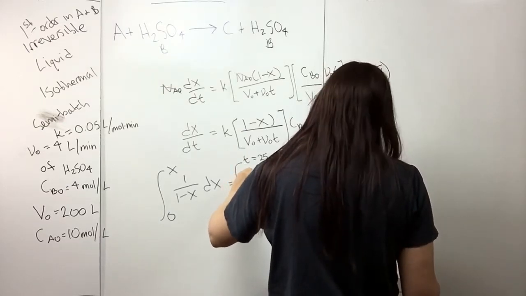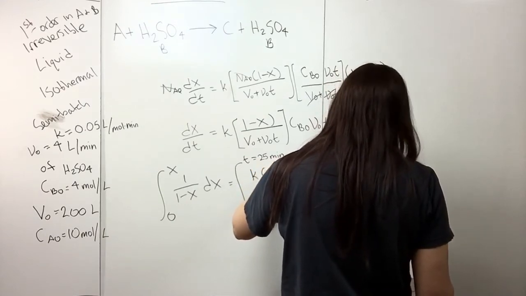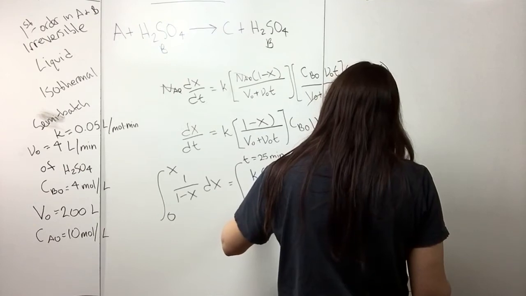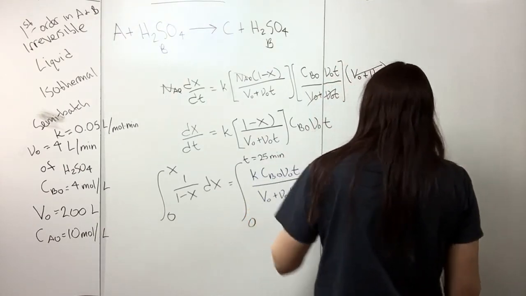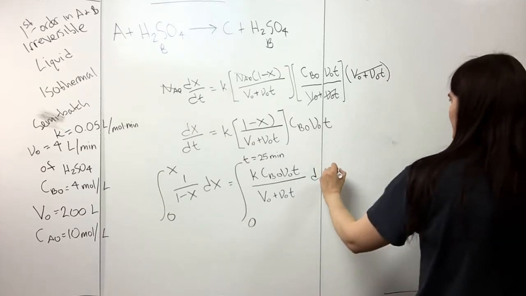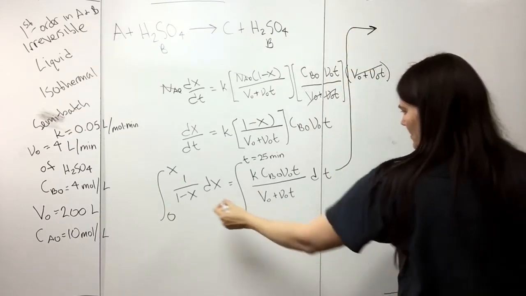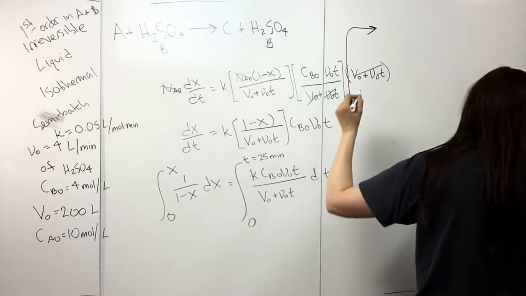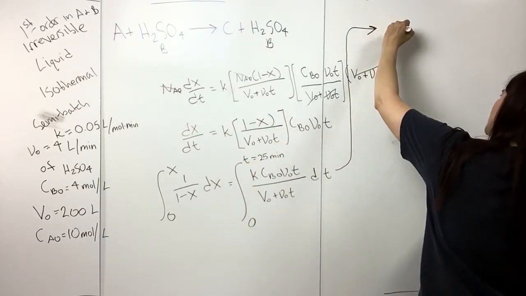And then we have k CB naught V naught T over V naught plus V naught T dt. So then coming over here, if we integrate this, we know that that is equal to minus natural log